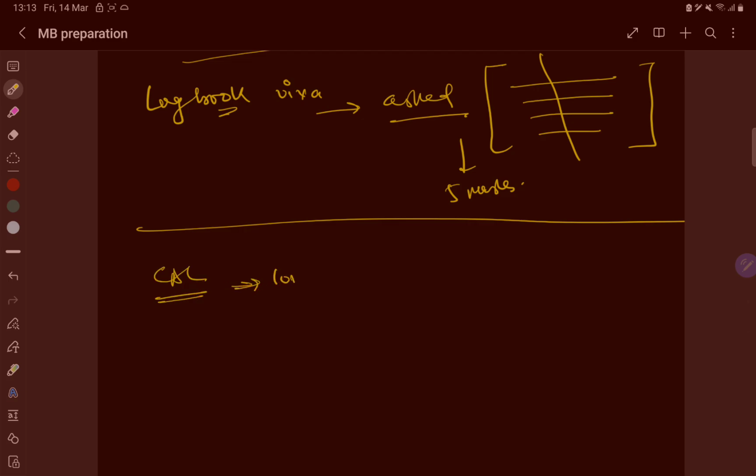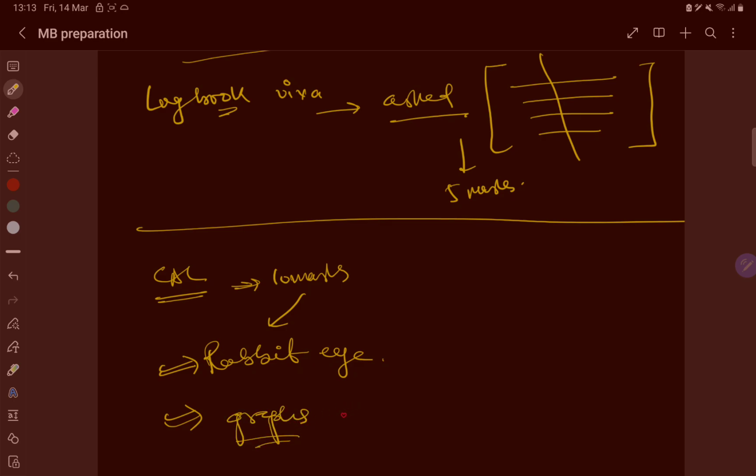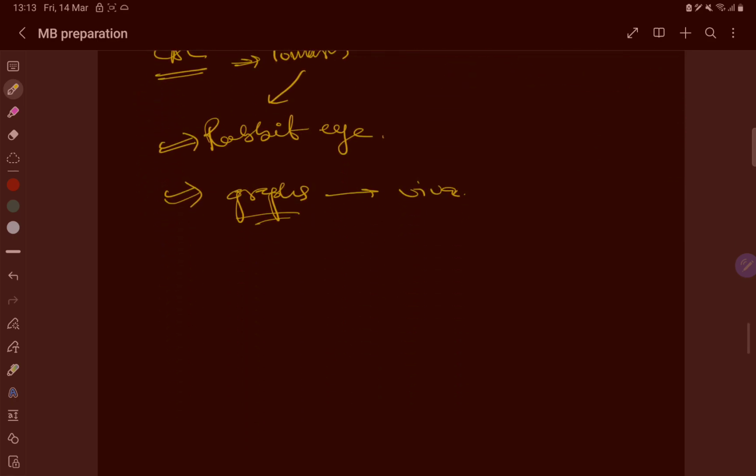again 10 marks. In the cal there will be rabbit eye, there will be like the important graphs for viva. Okay, and there will be like difference between, like suppose there is difference between efficacy and potency graph,